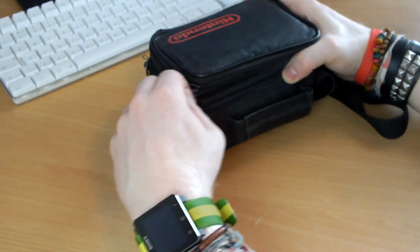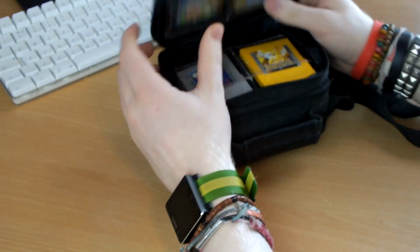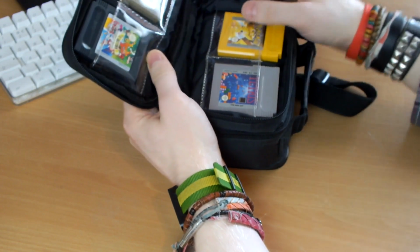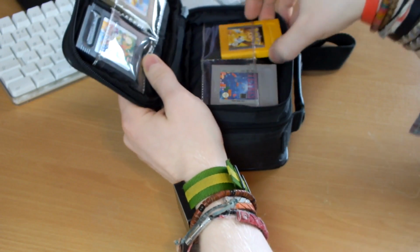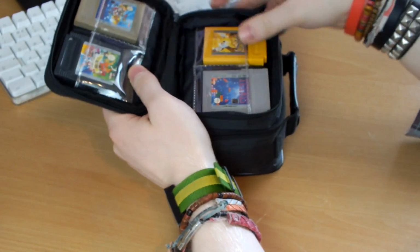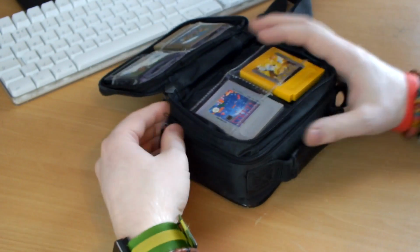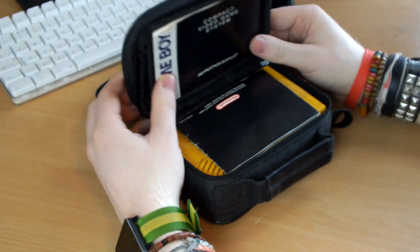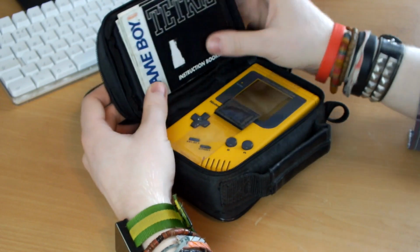If we open up the first one, you can see that it houses 4 games. So we've got some classics in here. We've got Tetris, Super Mario Land, Pokemon Yellow in its bright yellow cartridge, of course, one of the most popular games. And you will actually see when I open up the second compartment, we have a bright yellow original Game